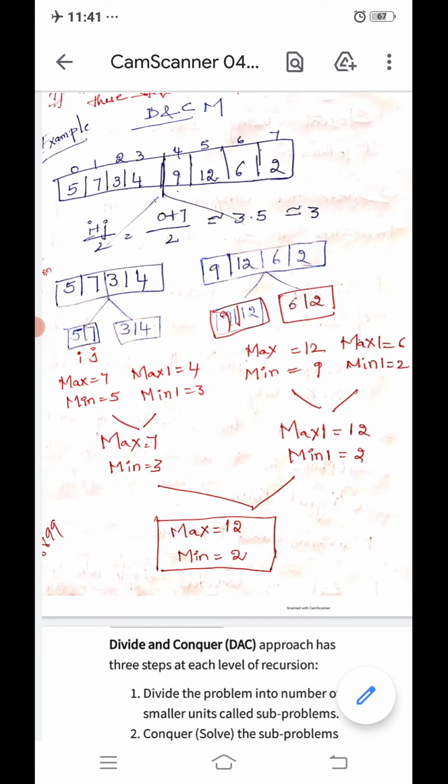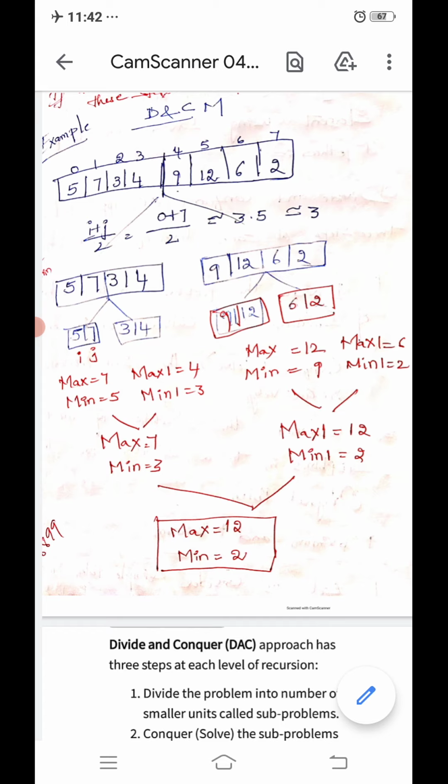Now we compare the conditions of the left hand side and right hand side, and finally we combine the solutions into the original solution. Here, max is assigned to, if we compare the maximum values 7, 4, which one is maximum? 7 is the maximum. And coming to the minimum element values 5, 3, which one is the minimum value? 3 is the minimum value. And coming to the right side,